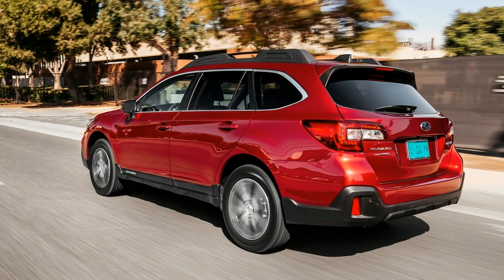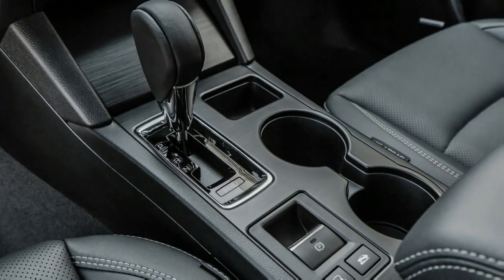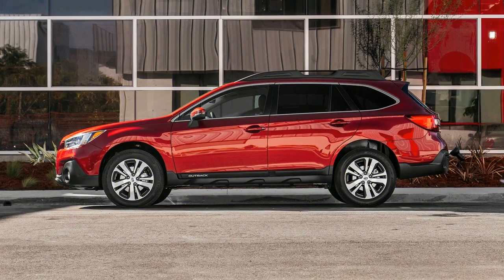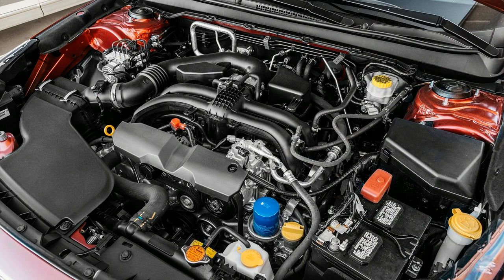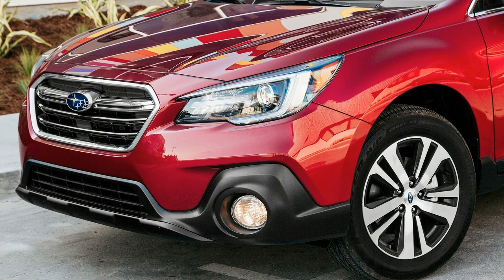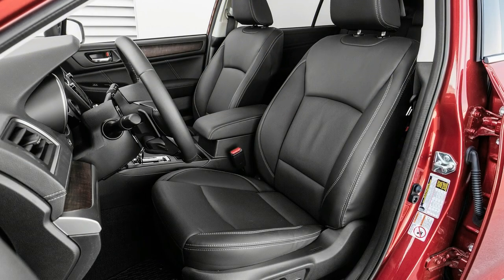Helpfully, the 60/40 split rear seats can be folded down from the cargo area with a quick pull of a latch. The crossover wagon offers 35.5 cubic feet of cargo space with the rear seats in place and 73.3 cubic feet when they're folded down. That compares to 31.5, 34.4, 68.5, 74.7 cubic feet on the Subaru Forester and 37.6, 39.2, 75.8 for the Honda